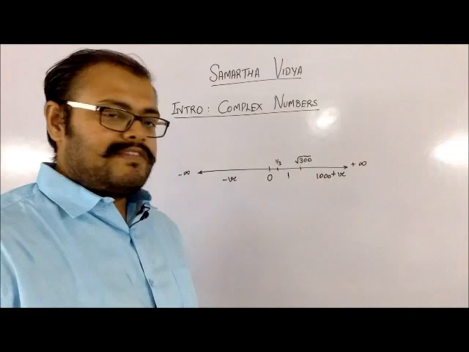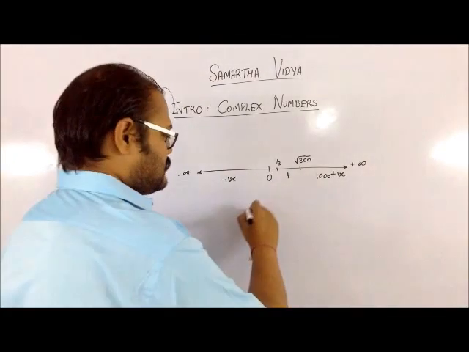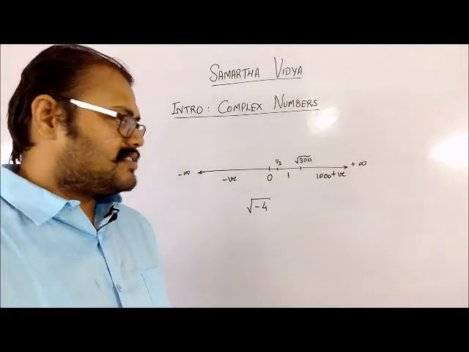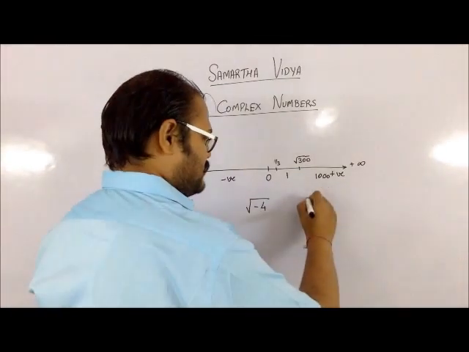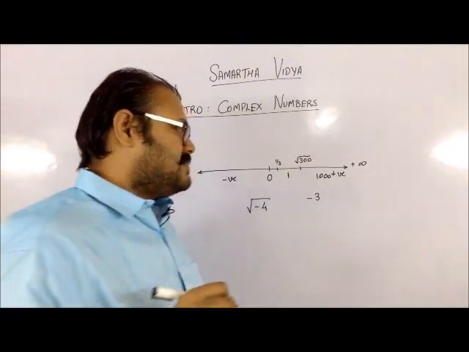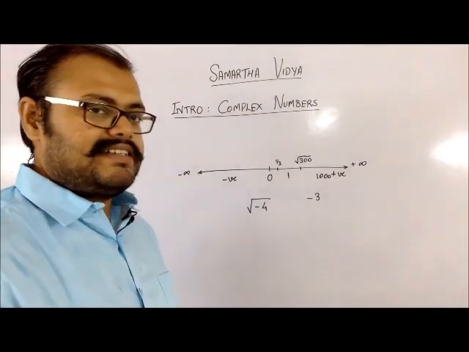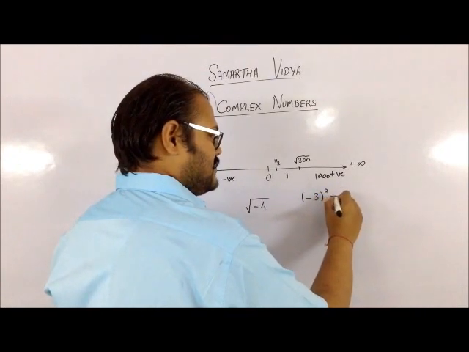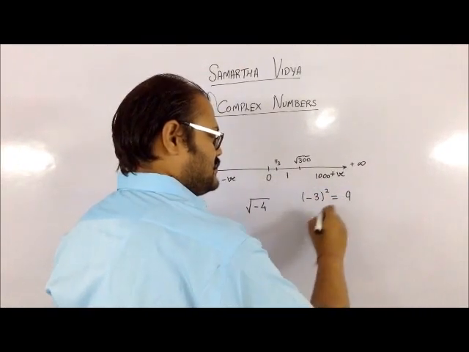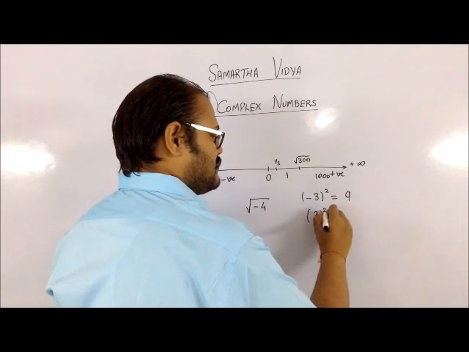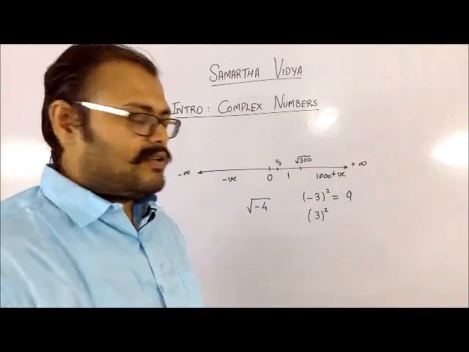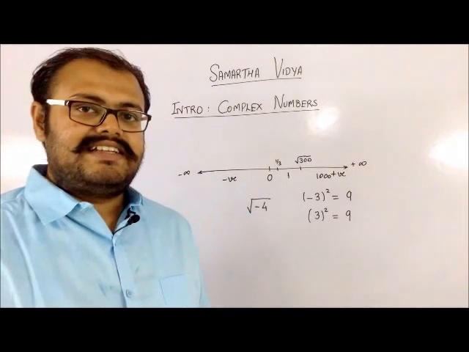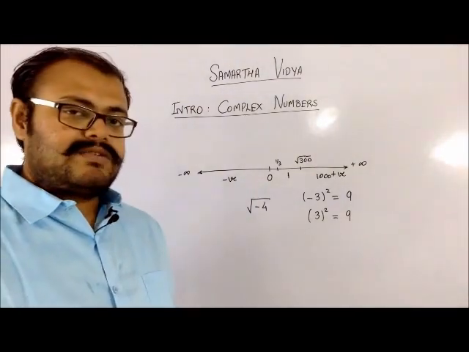Okay, so what we can't represent on this number system is something like this, a root of a negative number. Now the problem over here is because whenever I am taking square of any number on my real number system, I do not get a negative number. So if I am finding square of -3, then it will give me answer as 9. If I am finding square of +3, then also I will get answer as 9. So nowhere I will get a negative number when I am taking square of that.